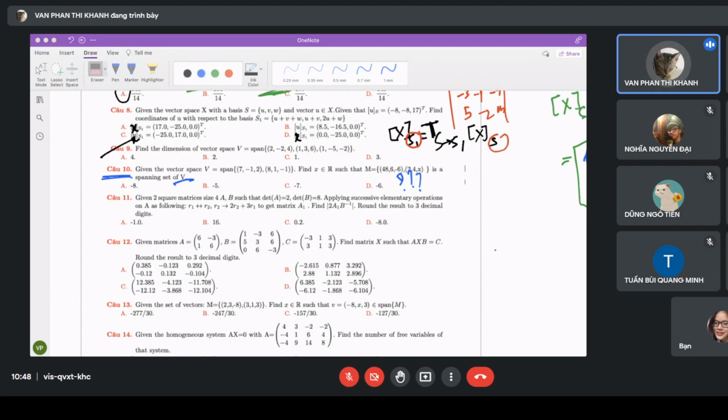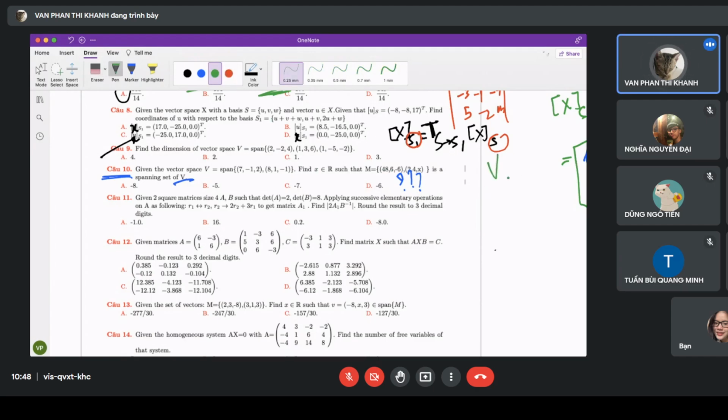Yeah, rank equals dimension. Is it enough? M must be independent. Independent? No, not independent. In this case, of course, independent, but for the spanning set, we don't need the condition of independence. What we need? Linear combination. Yeah. So it means that